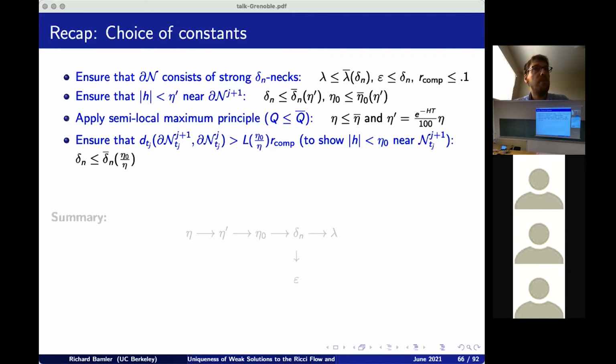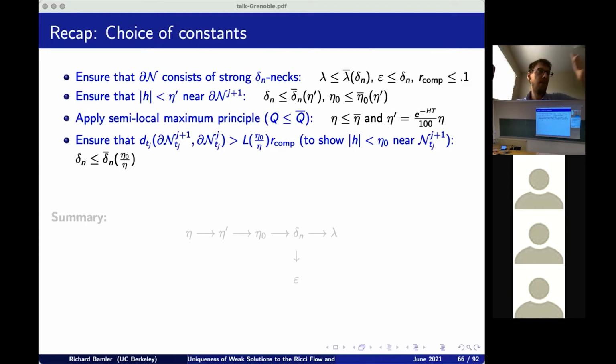The steps had to be very far away from one another. And the only way to guarantee this bound is to say that near every time we see a step, we have to have a very, very good delta n neck. Right? So as long as we make delta n very, very small, then we know it takes a long time to